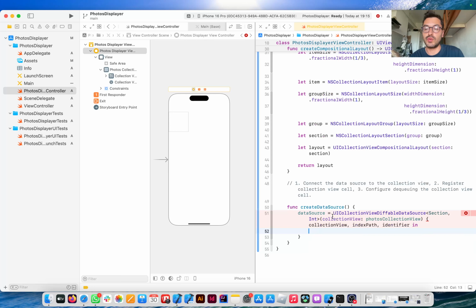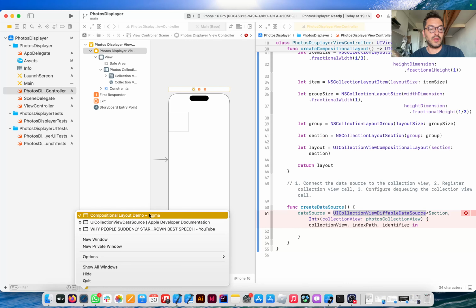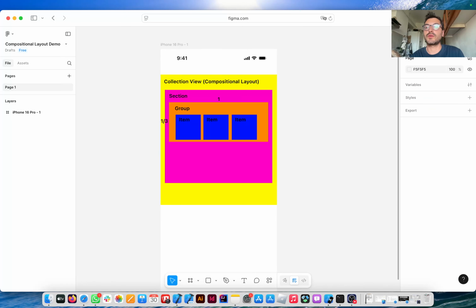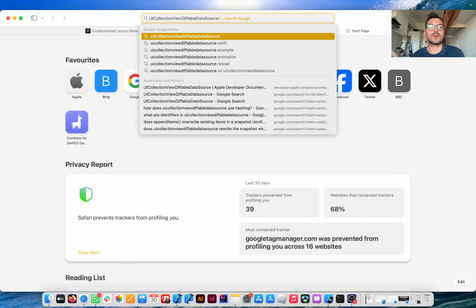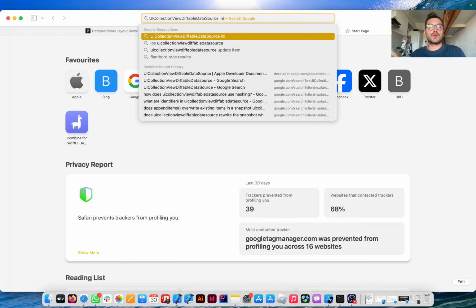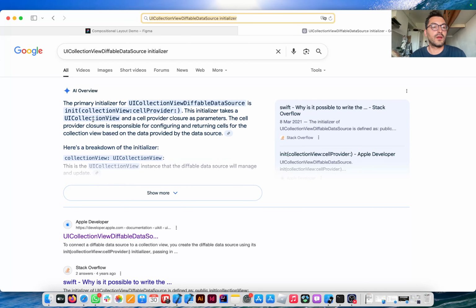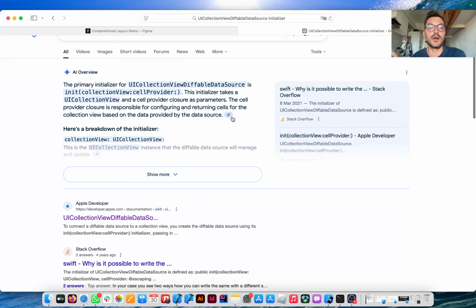So I can go to this here, and I'll go here, data source initializer. So the AI overview says the primary initializer is init collectionView cellProvider. This initializer takes a UICollectionView and a cell provider closure as parameters. The cell provider closure is responsible for configuring and returning cells for the collection view based on the data provided by the data source. And if I click on the link,